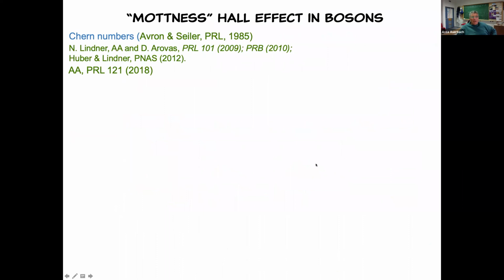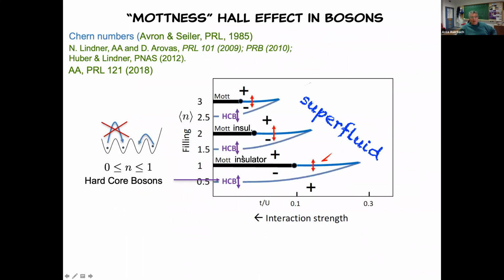So the only explanation I can say is, let's look at another system that has a Mott transition and see if we see the same effect. And that's a system of bosons on optical lattices, in fact realized by Immanuel Bloch's group. This is a theoretical paper also based on calculations done previously by Netanel and by Huber and Lindner, and which